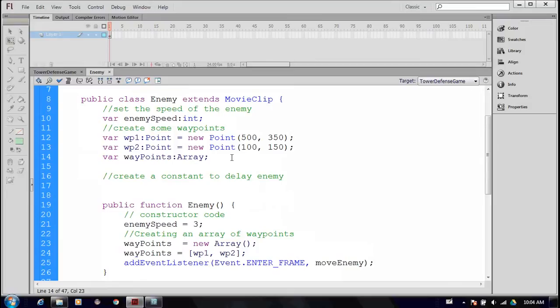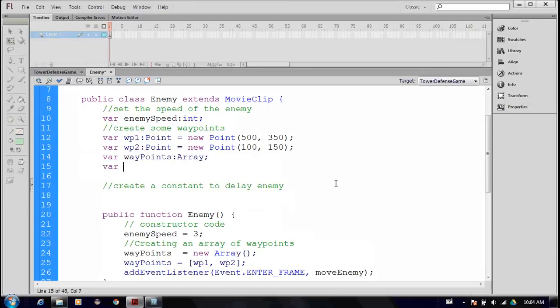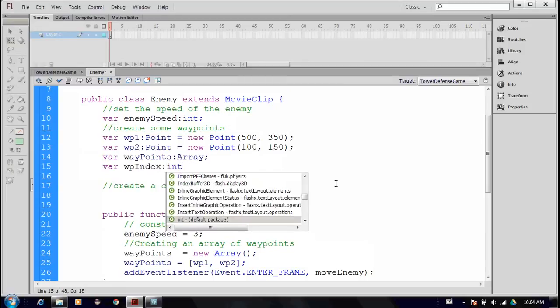I've got to be able to access the index, and so to create that, I'm going to go ahead and create another variable. Let's call him WP index. So that's for waypoint index. And when I refer to this guy, let's go ahead and make him an int. When I refer to this guy,